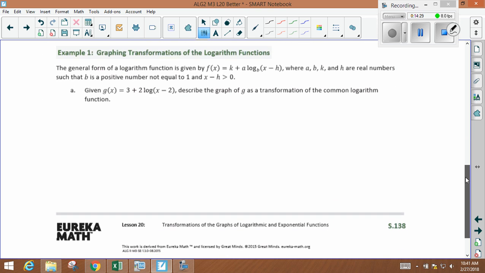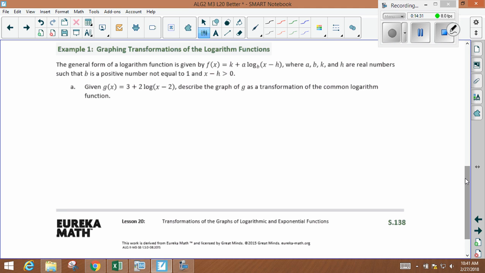So, now let's get down to the nitty-gritty. What happens when we transform stuff? So, we're going to get out our calculators and we're going to look at what happens with each of these. I'm going to argue, and I'm going to use my calculator to show you that this is true, that when I have a 3 out here, right, we're comparing to,